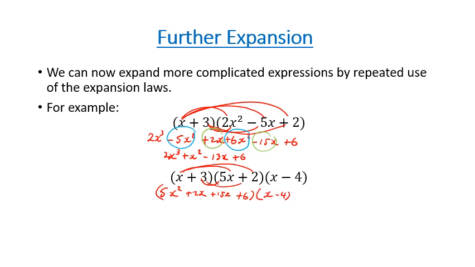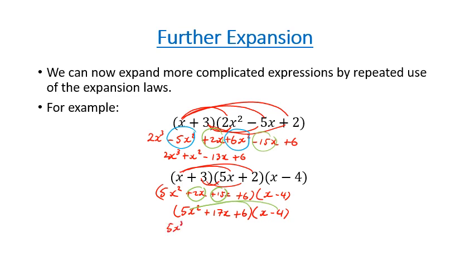Now I can collect some like terms here, and I end up with 5x squared plus 17x plus 6 with x take 4. Now I'm in a similar situation to what I was above, where I'm going to multiply my first term in my first bracket by both terms of my second. That's going to give me